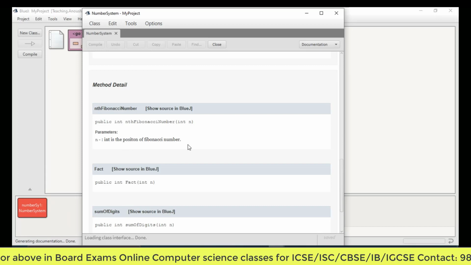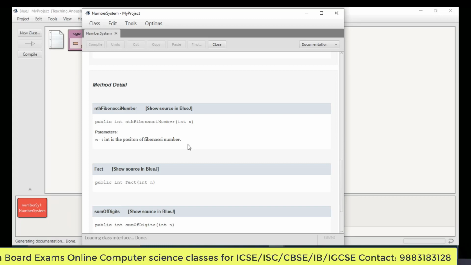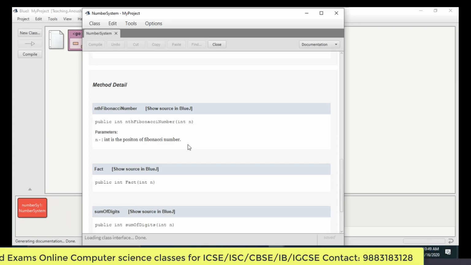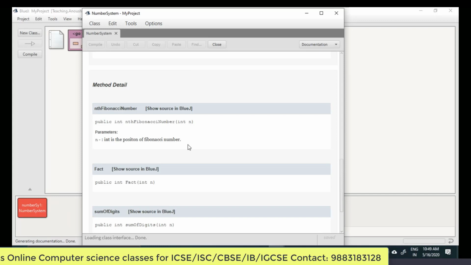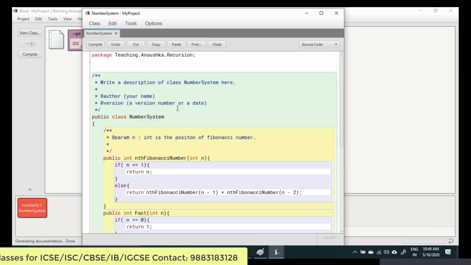So whatever you write at the rate param and whatever statement you write, it will be published like this. A web page will be created for your program. When you click on show source in BlueJ, you jump to that source code.